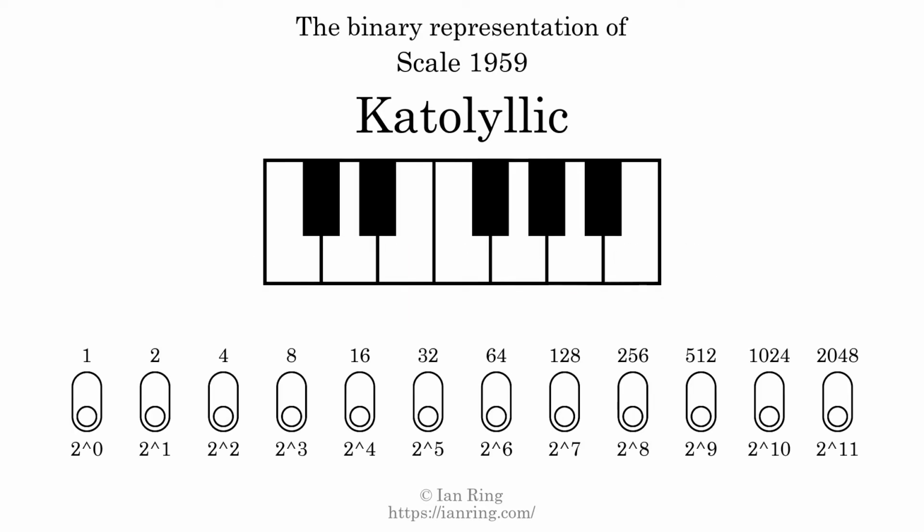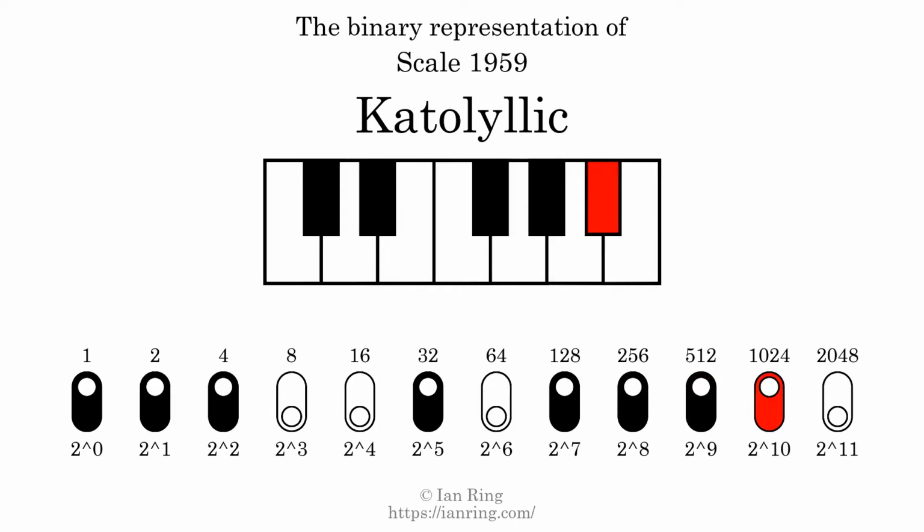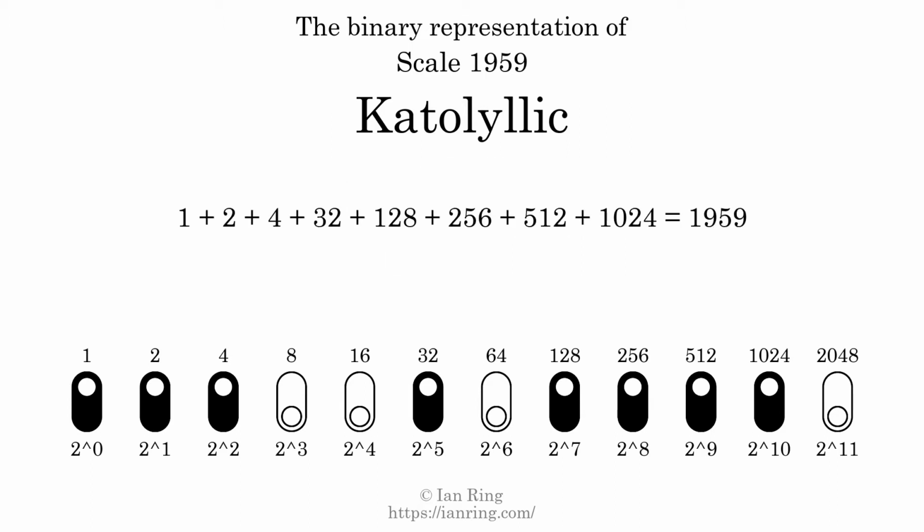The binary representation of this scale is determined by mapping tones of the scale to binary digits. Each binary digit represents a power of 2. To get the scale number, we add the powers of 2 together. The powers of 2 that are present in the scale, all added together, equals 1959. That is why the scale number, in decimal, is